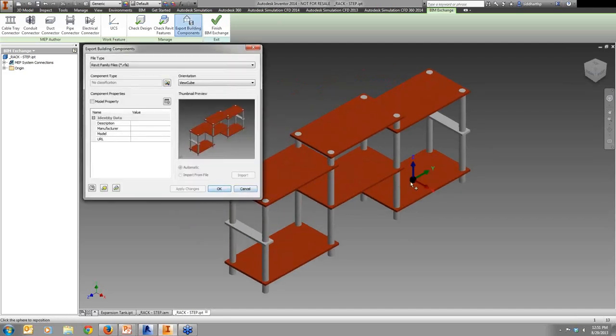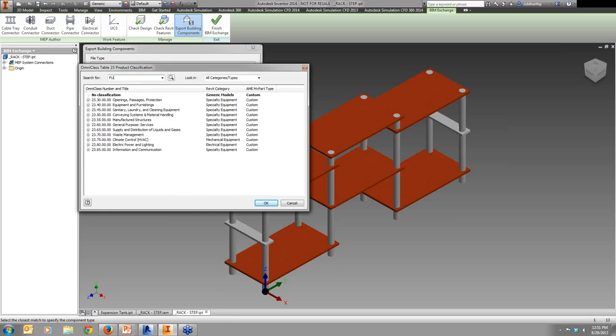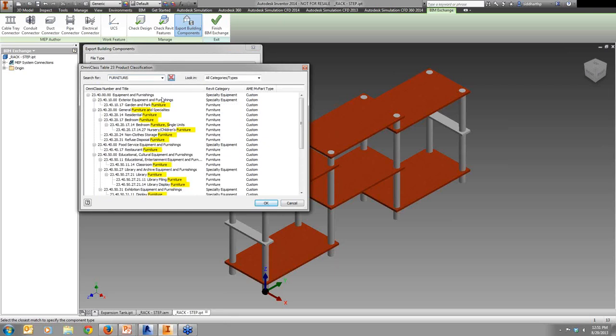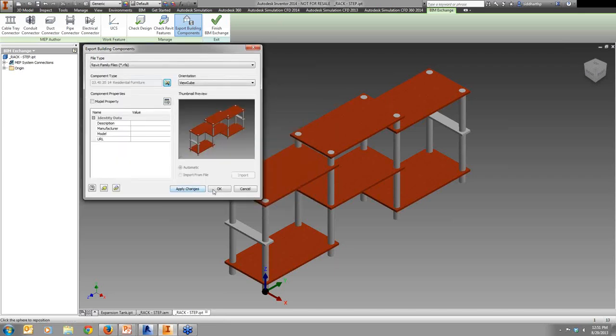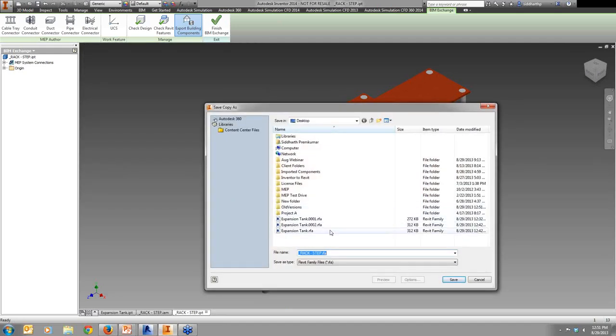and you can define the model origin to be at, say, this corner for the family. Okay, you can obviously add these parameters here, and they will also get transported to your Revit family. And now I can also assign a category to this. I can select furniture and assign it to be a residential furniture. It will set it to be a furniture category inside Revit, and I can do that, hit OK, choose where I want to save this file. Let's say I save it to the desktop,